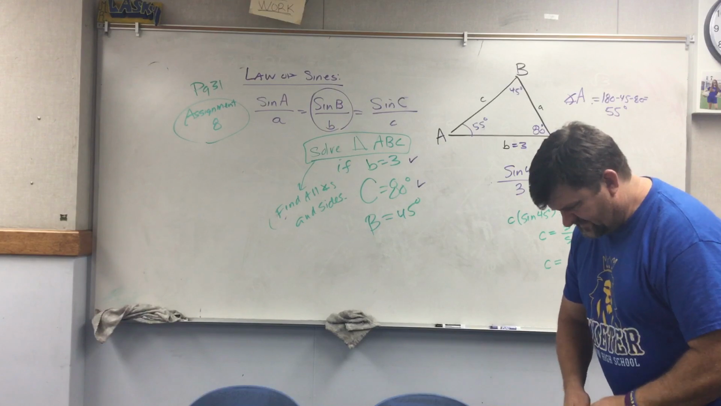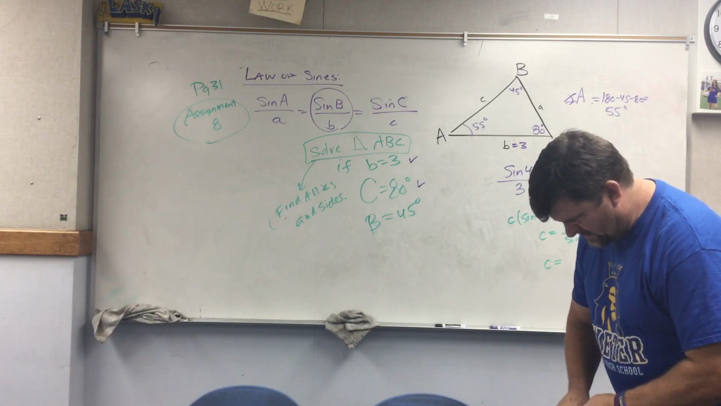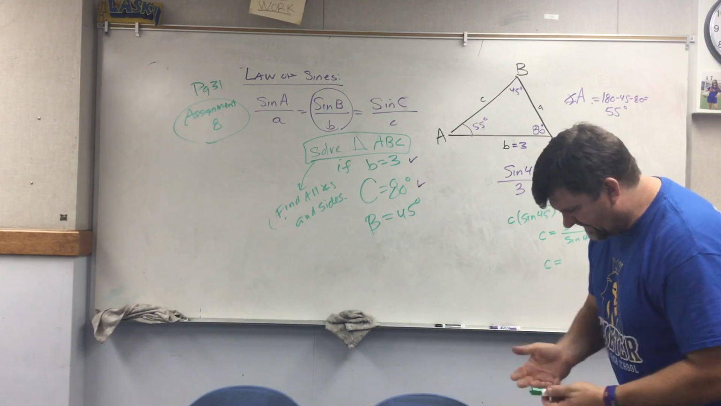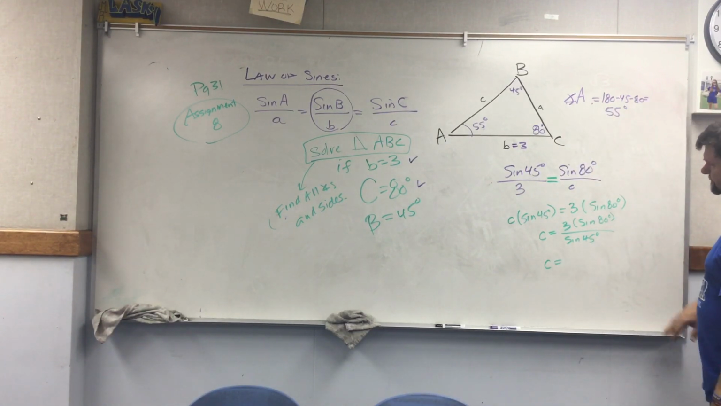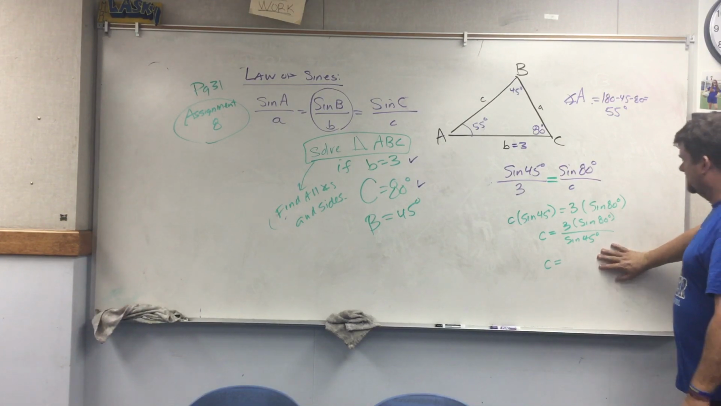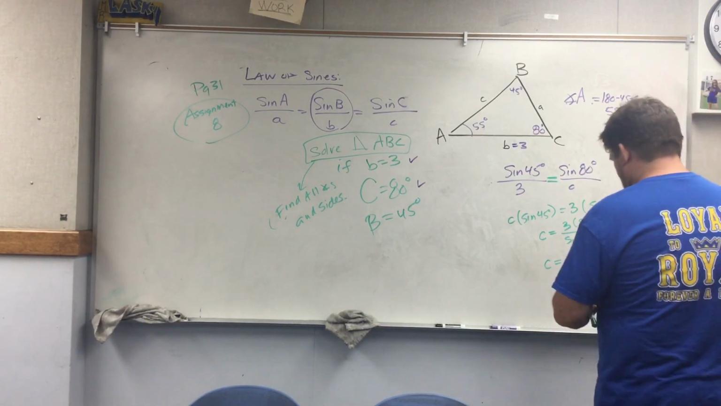Did I do the right thing? Is b 3 or is a 3? I don't know. c was 3. It's all right. We'll do the math. I don't know what the math is on that one. So, I don't have a calculator real quick, so let me do that one real quick for you guys. Three times the sine of 80 degrees